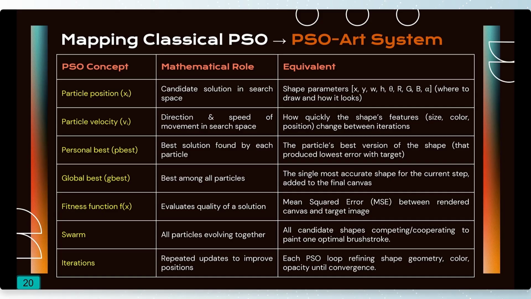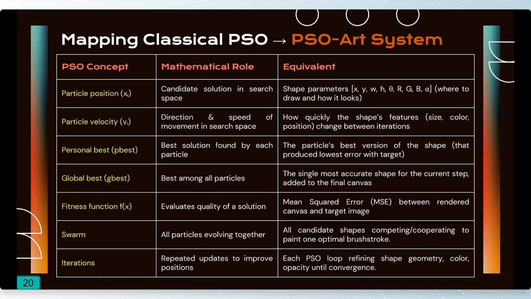So here in this table, we can see the PSO concept values of each parameter of PSO, the mathematical rule, and its equivalent in painting and art. For example, for particle X, in the mathematical rule we have a candidate solution in a search space, but its equivalent is shape parameters with those 9 factors: where to draw and how it looks. Or when we say velocity, in the mathematical rule we have direction and speed of the movement in the search space, but when it comes to the art,